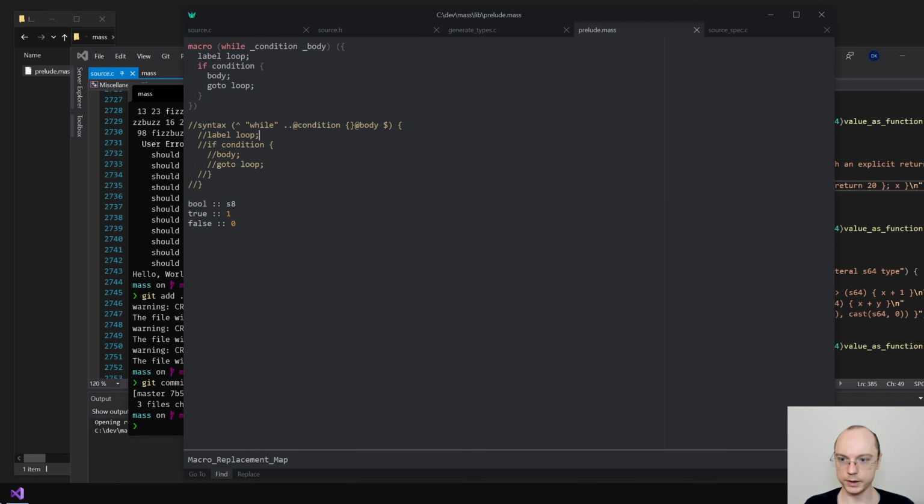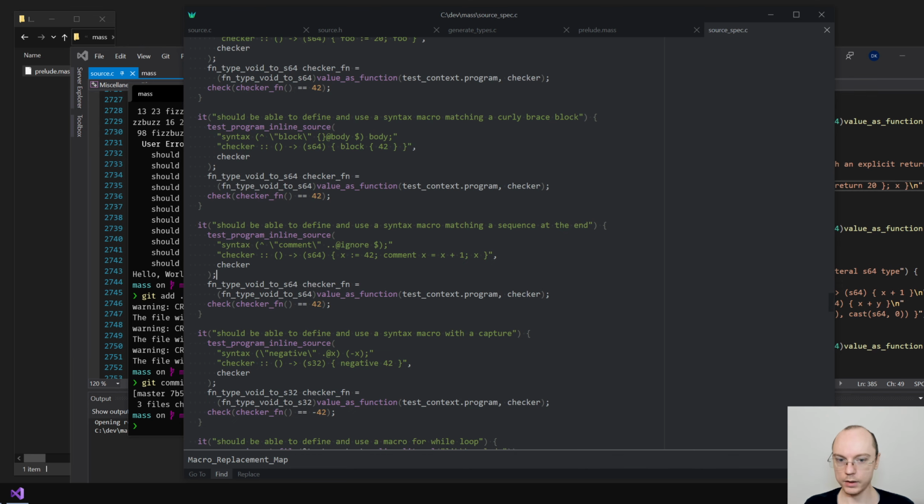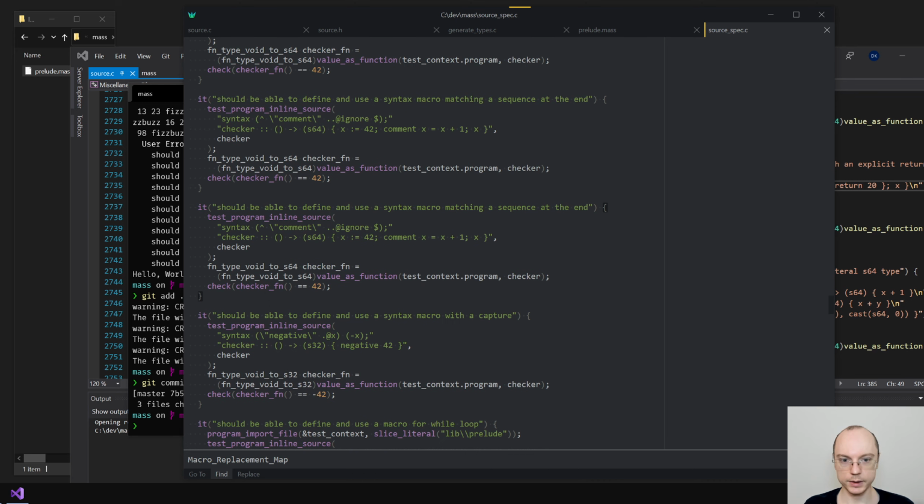Okay, so that is fine. And the last one is about this stuff. So should be able to define and use a sequence in the middle.